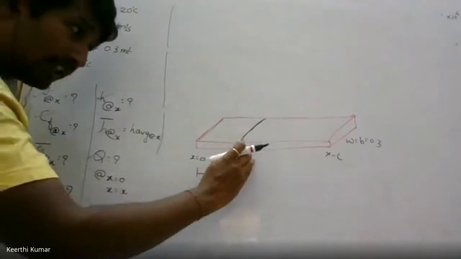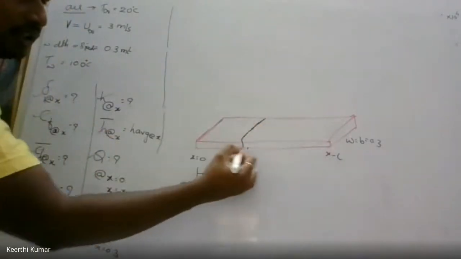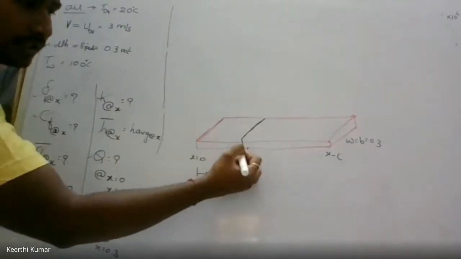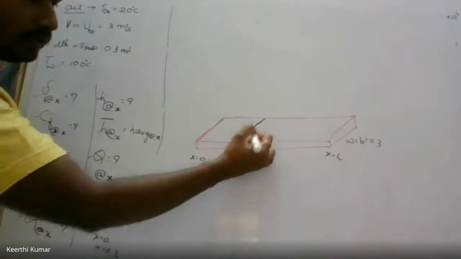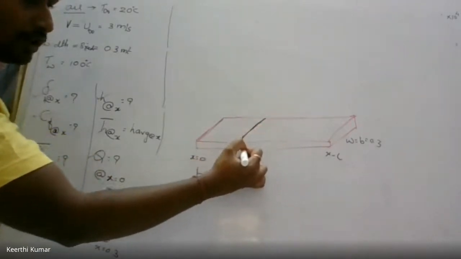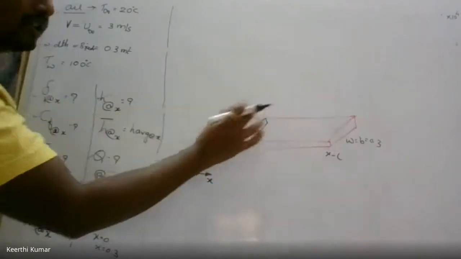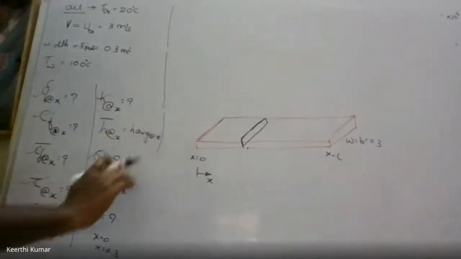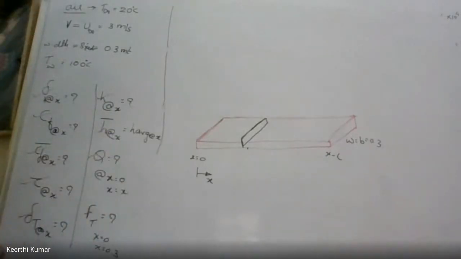Further, of course, there is more length. I don't know what the length is, but he is asking you to find out the properties only at this distance. So for Q here, we have to include area. Area is nothing but length of this into width. Whatever is exposed till here, that is enough for him. He is not concentrating on the further length. For this area, what is the heat transfer? So we have taken x is equal to 0.3 now, not L. L is different. L is still bigger. He has not given the length.